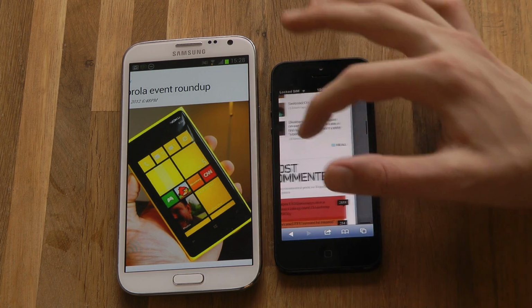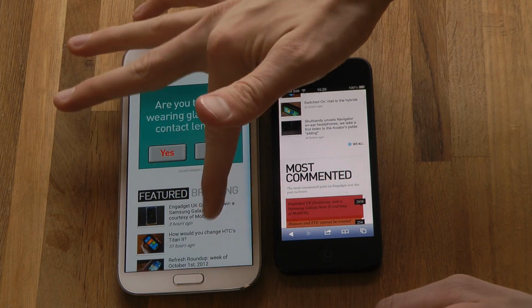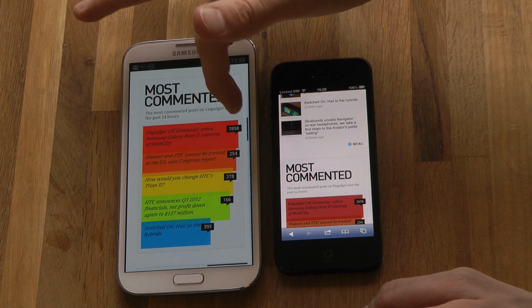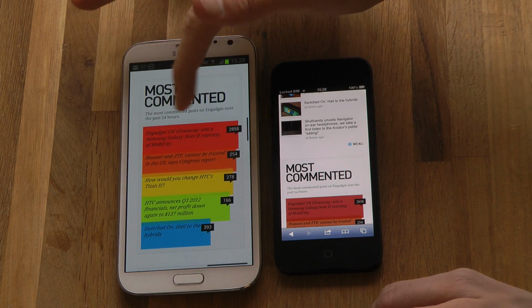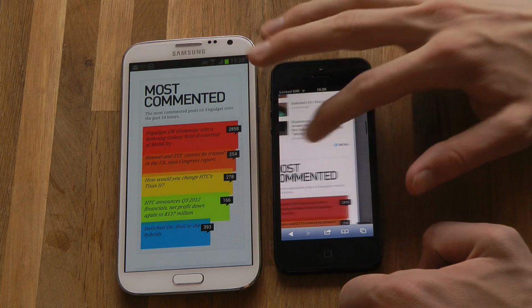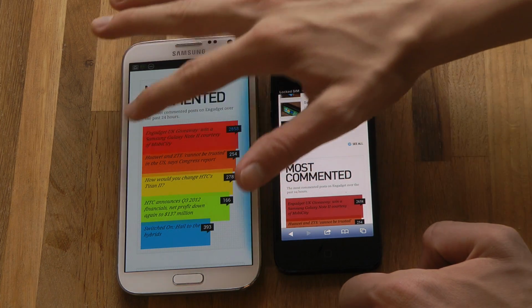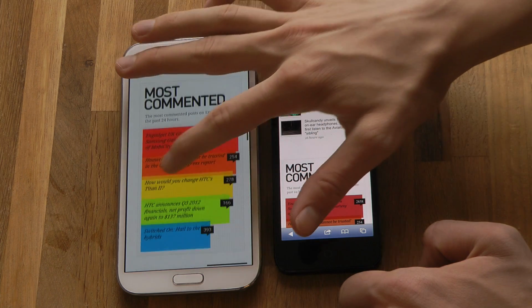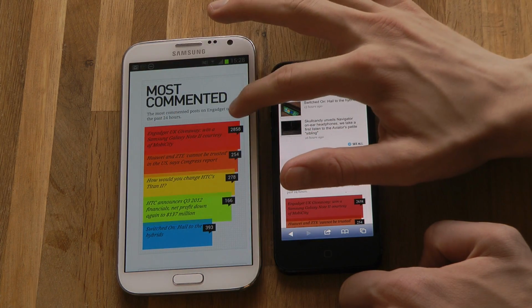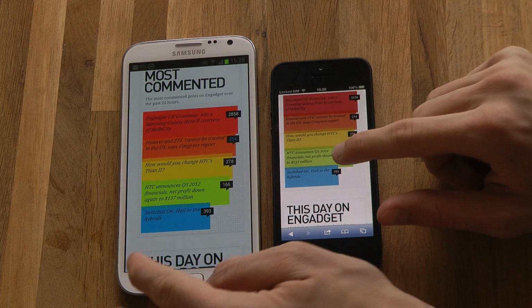Let's see what happens when you go to the side like this. As you can see, it goes blue here on this boy, and that's also something that Apple, they were pissed off because they said that, you know, Samsung was copying this thing. So Samsung boy made it blue when you do it like this, and I'm really not sure if I like it. But if you go ahead and try to tap on that blue one,